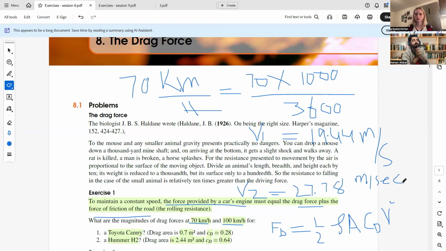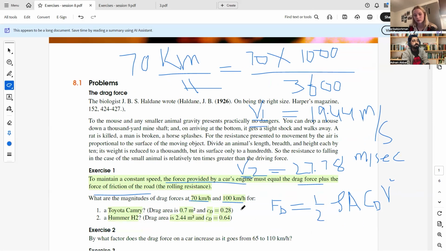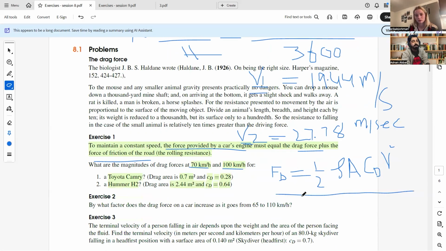And what we have to do: we have two types of vehicles, one is a Toyota, the other is a Hummer, and we need to apply both velocities, and for both velocities, one by one, we need to measure the drag force for each vehicle. For example, the drag force of the Toyota at first velocity v1, the drag force of the Toyota at second velocity v2. Similarly, the drag force of the Hummer at first velocity v1, and the drag force of the Hummer at velocity v2. So the formula for the drag force I have shown here, Fd is equal to 1 by 2 rho A CD V squared,